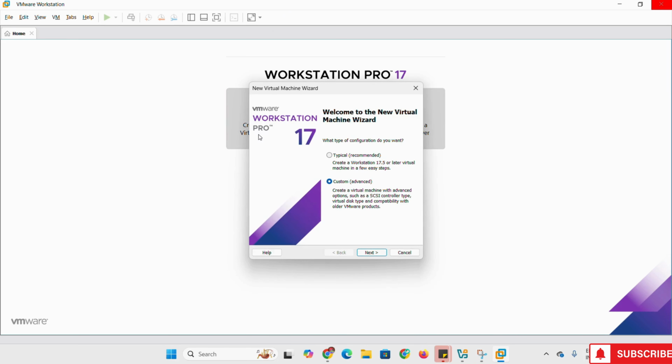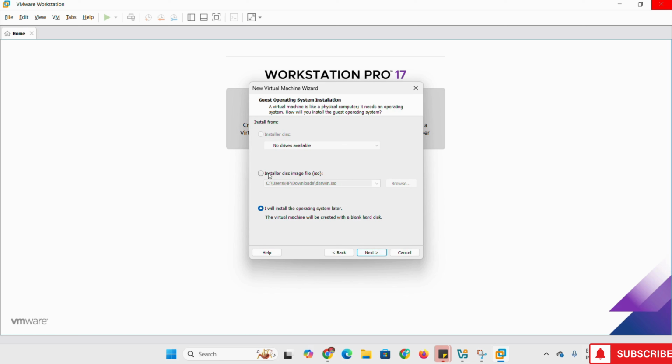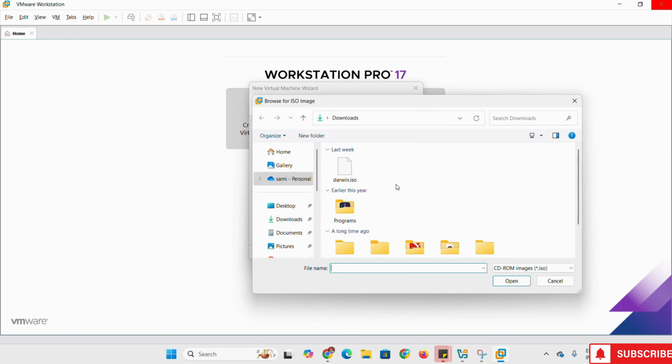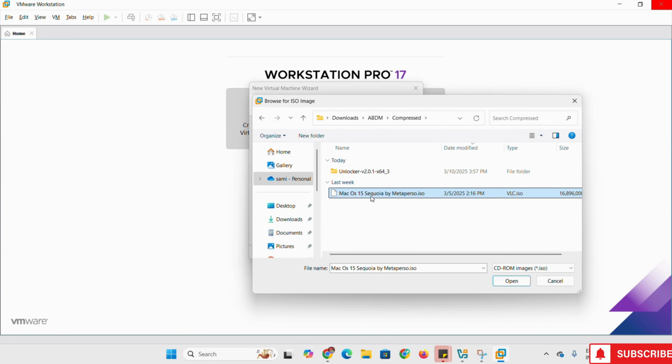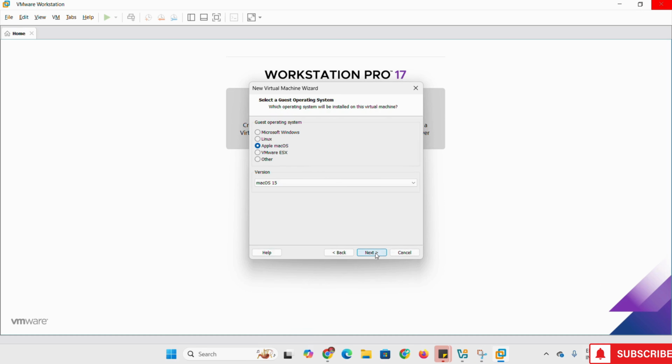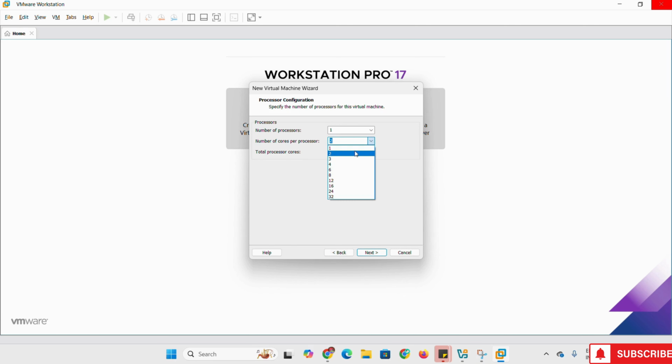click on create new virtual machine, select custom, next, next, select the ISO file which we downloaded, macOS Sequoia, which is 16 GB, click next, select Apple macOS, select macOS 15, click next, virtual machine name, leave it as macOS 15 or macOS Sequoia, click next, the number of processors we will change to 4,